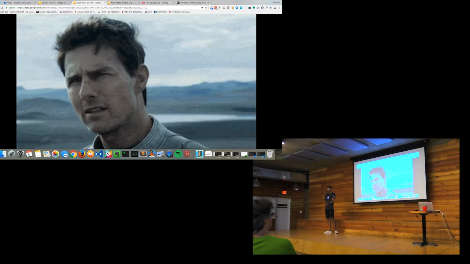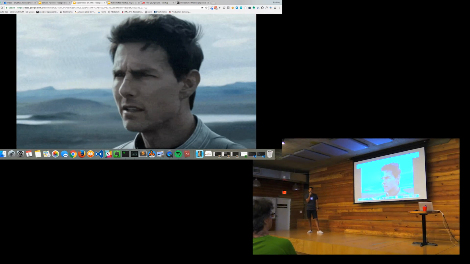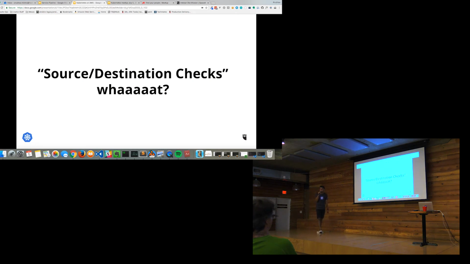First time we tried it, it did not work. And I was like, why is this not working? There's something called source destination checks, which I'd never heard of, even though I've worked with Amazon a lot, for 4 or 5 years. Source destination checks is, in Amazon, a way of protecting their network, where if the instance doesn't see its own IP as the source or the destination of the packet, it just drops the packet.